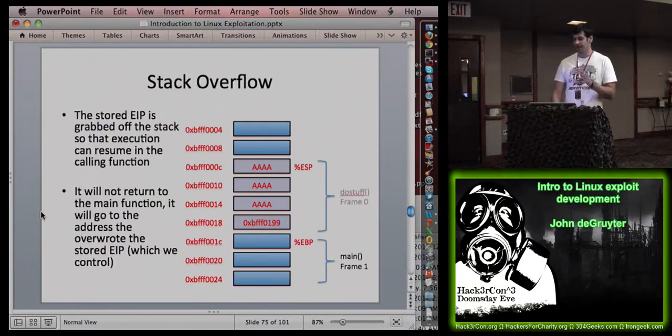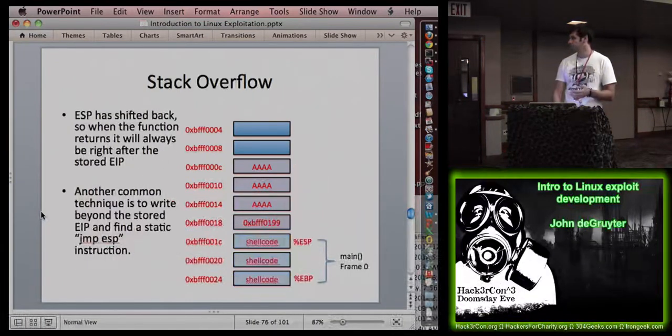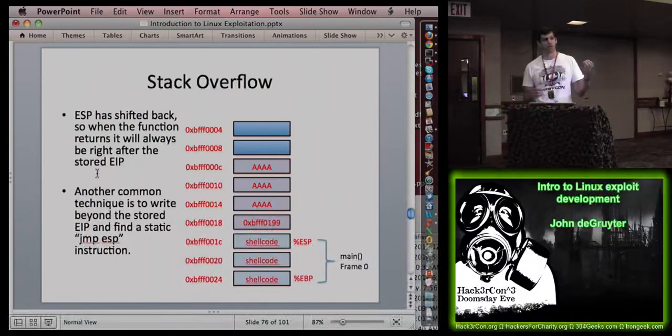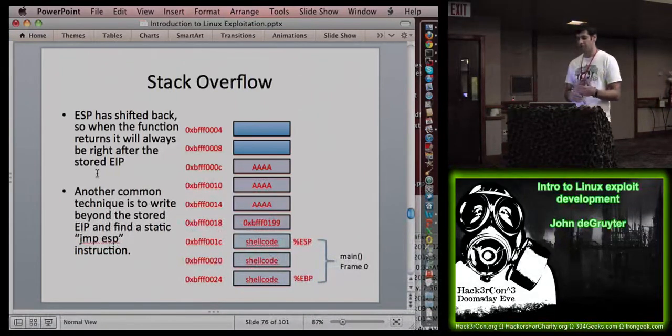And if we can write past EIP, we could put our shellcode there, past the instruction pointer. This is used a lot because sometimes, if addresses are hard-coded in, you can find somewhere in the process space where you can find a jump ESP. And if you can find a jump ESP and you control the shellcode after EIP, that works out really nice